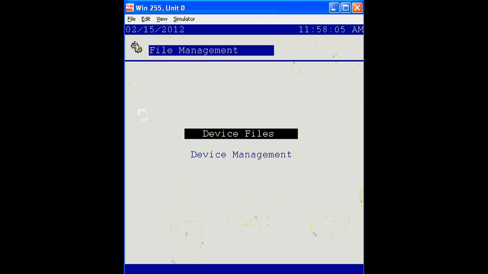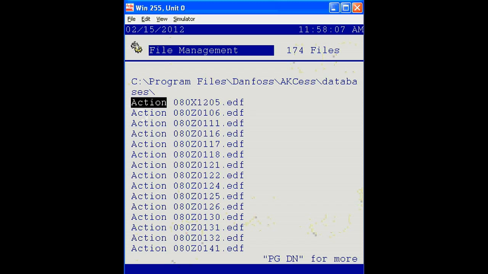Once in file management, we will go to device files, where you will see a list of EDF files which are used to translate data from a given case controller into the 255. For the AK-CC 750, our file number will be